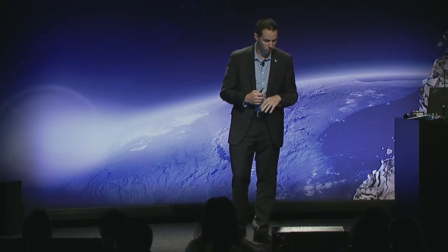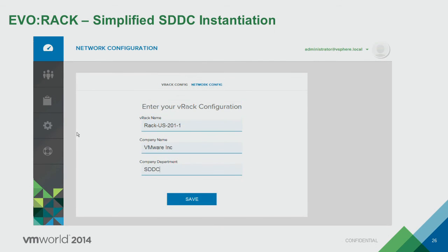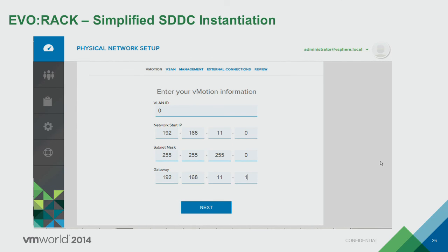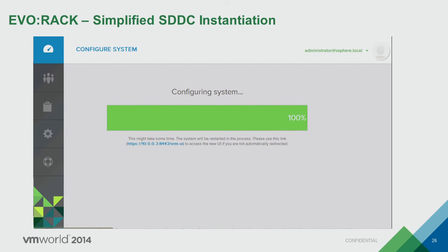Now to go through the actual management interface here, you're just going to see a simple HTML5-based management console where I can log in. I'll enter my configuration information. So this would include my rack name, company name, department. I can go through my initial network configuration as well and save that. I can put in my vMotion information. And what you see across the top here, this would allow me to configure vSAN management, any external connectors as well. Obviously, if I'm doing infrastructure as a service, I'm going to have third-party integrations that I'd also be pulling in here. Once I have all of that done, now I'll simply get my review screen. This will show all of my initial settings, and I can go ahead and click Connect. I'll get through that initial system configuration,